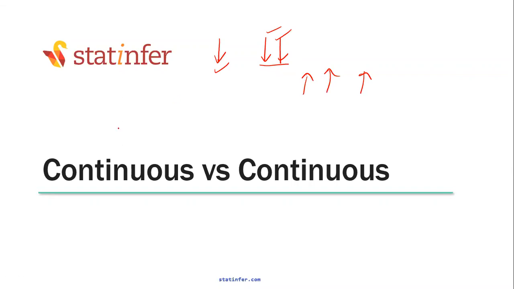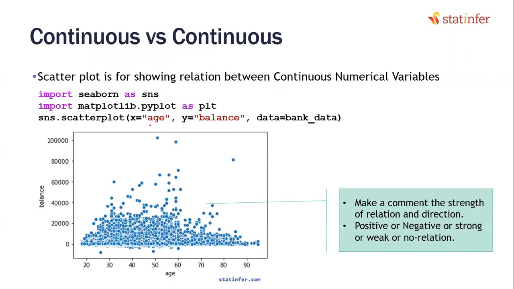What if you want to show the relation between two variables? There is a continuous variable and you want to check whether there is a relation of that with another variable. Let us suppose, for example, in this bank data set, there's a continuous variable called age and balance. This is bank balance, age. Do you think as age increases, bank balance increases or decreases?